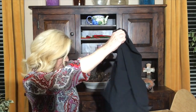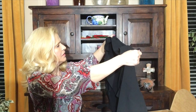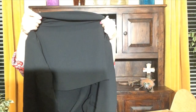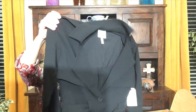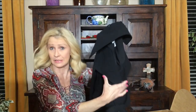What do we have? Oh, this is a jacket. This is by Lathe. A black jacket. It's a short, I don't even know what to call this. It's belted. It's got a big lapel on it, big collar. Let's try it on and see. This is a little dark for me,